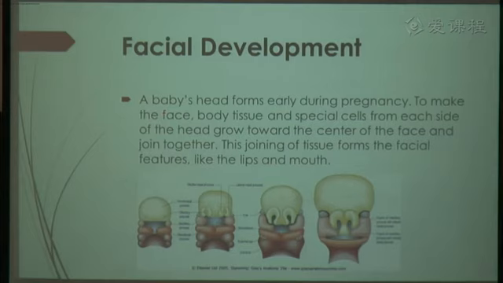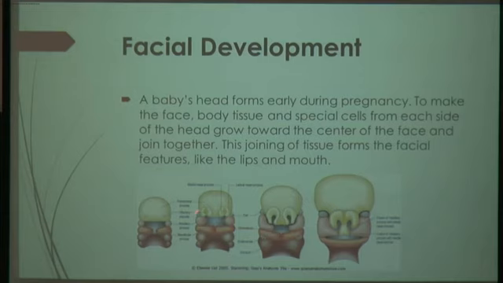When the head forms during the pregnancy, later it will form the face, and the procedure is basically that the cells on each side of the head will grow towards the center of the face. For example, like this,